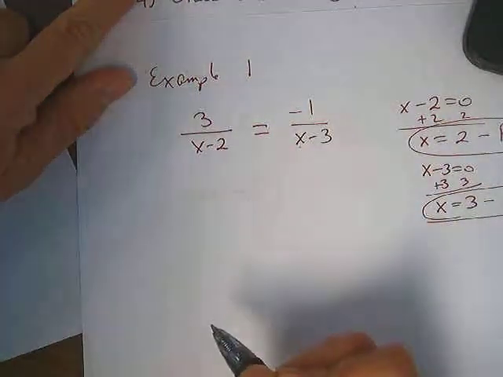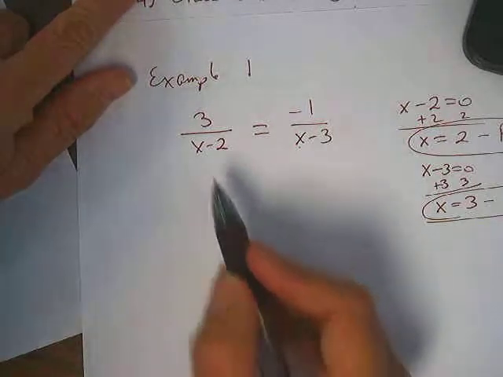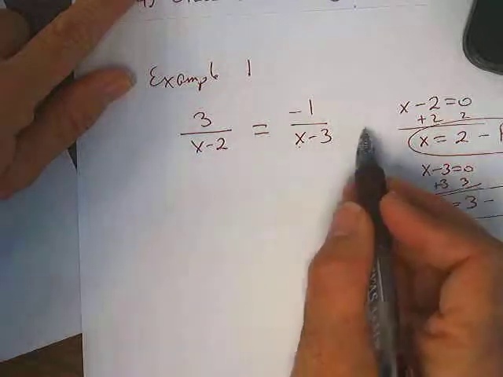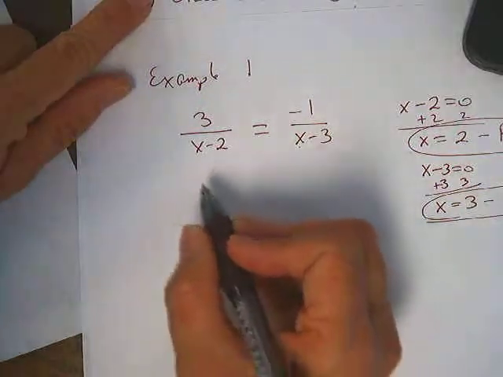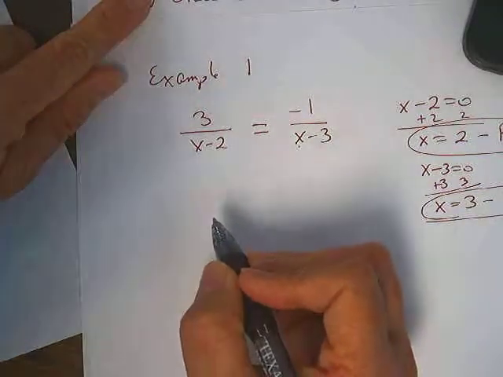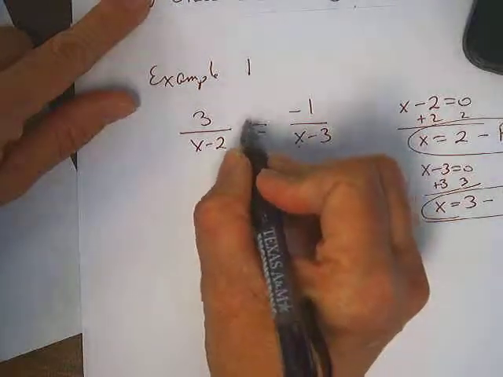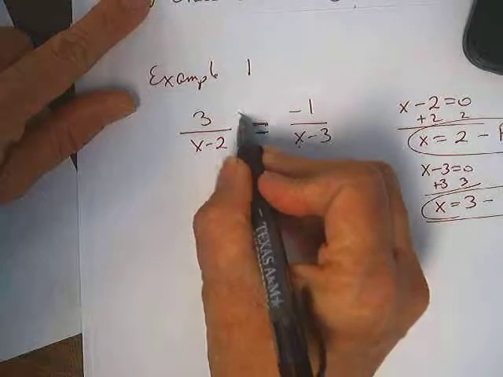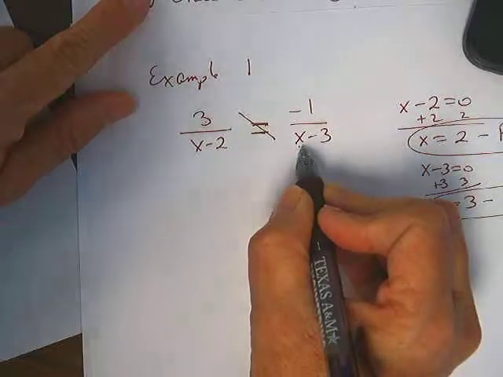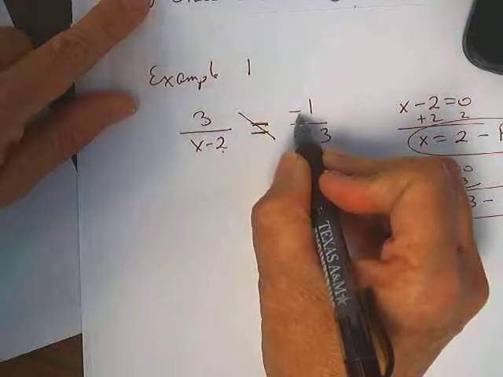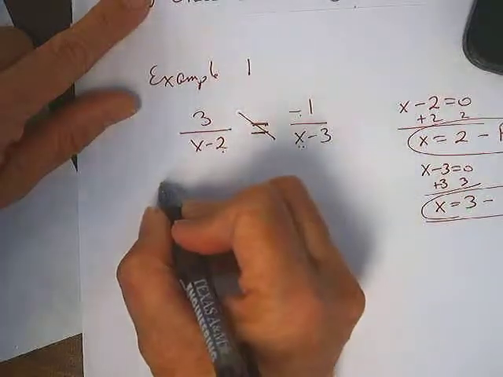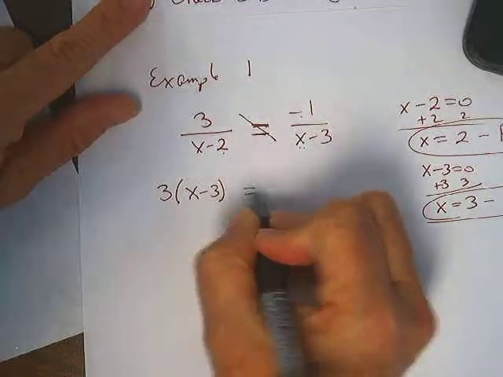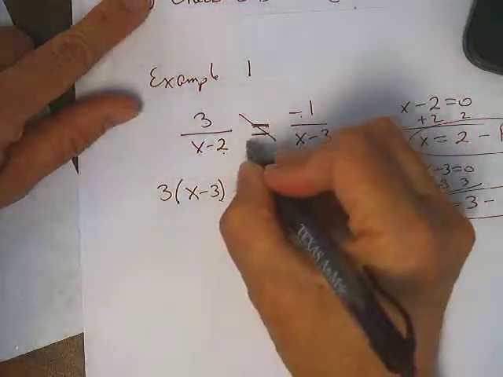Now we need to simplify our equation. Is there anything that we can cancel? There's not. There's nothing that we need to add on either side. So step 3 is solve, and we're going to solve this by cross-multiplying. Remember, we cross-multiply when we've got the equal sign in here. So top left times bottom right, bottom left times top right. So we get 3 multiplied by x minus 3 is equal to